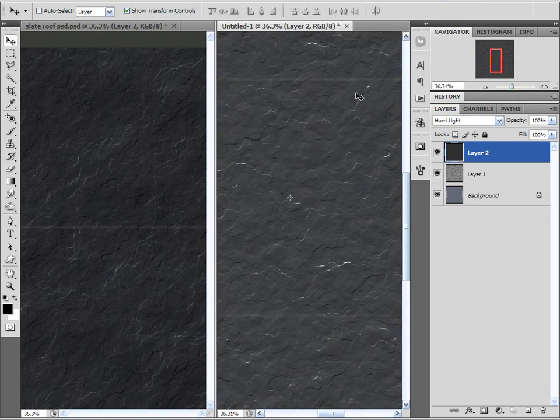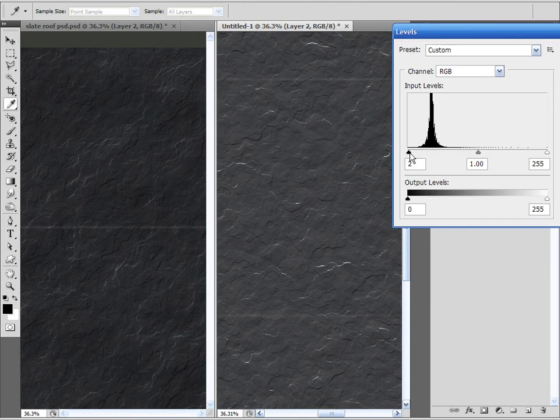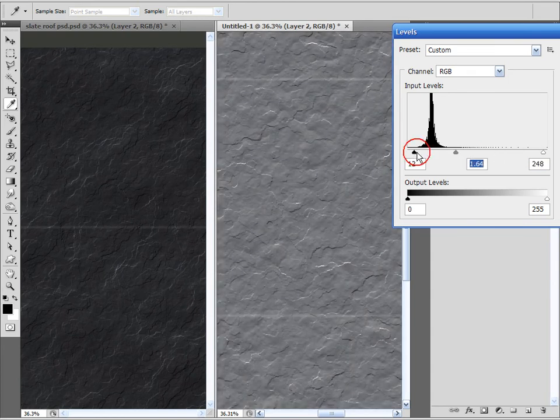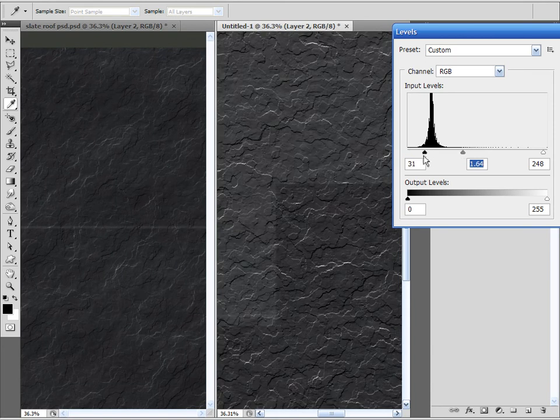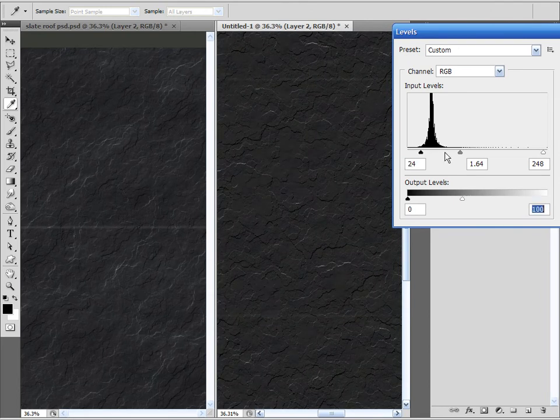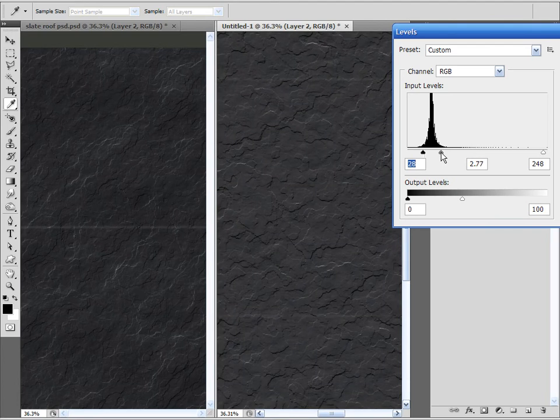Now I'm going to hit Control L to bring up my levels. I want to darken this up a little bit more. I want to bring that whiteness down. That white area is a little bit too much. And I'm just trying to eyeball it and make it the same as over here in terms of its brightness,